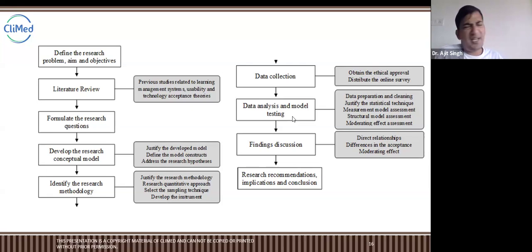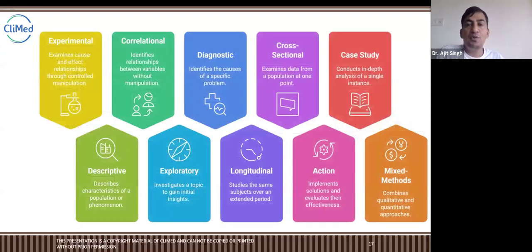See, as I told you, many types of studies are there. Based on the timeline, one is forward and one is backward: retrospective and prospective studies. Then, based on intervention, there are two types. Those without intervention are called observational, and the other is interventional studies. In observational studies there are multiple types: case report, case series, cross-sectional, cohort studies, and case control. In interventional there are randomized control trials, community trials, and